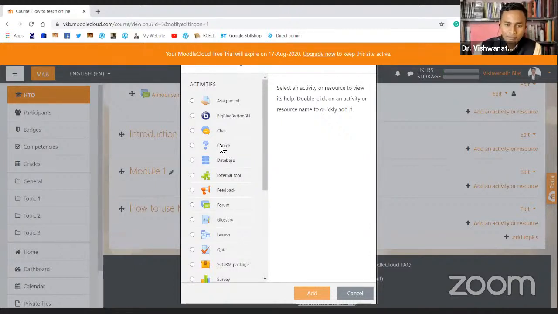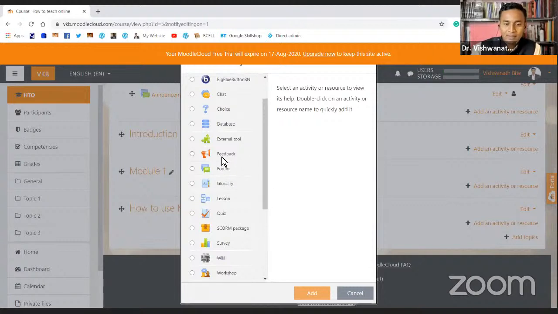If there are some choices like we can add that, we can add database, we can add external tools, apps, we can do that. We can add feedback so that students can give feedback. We can add forums so that if any student has any doubt, that student can just post or ask a question, and other students who know the answer can reply. This is the best collaborative space, the forum we can add into that course or that unit.